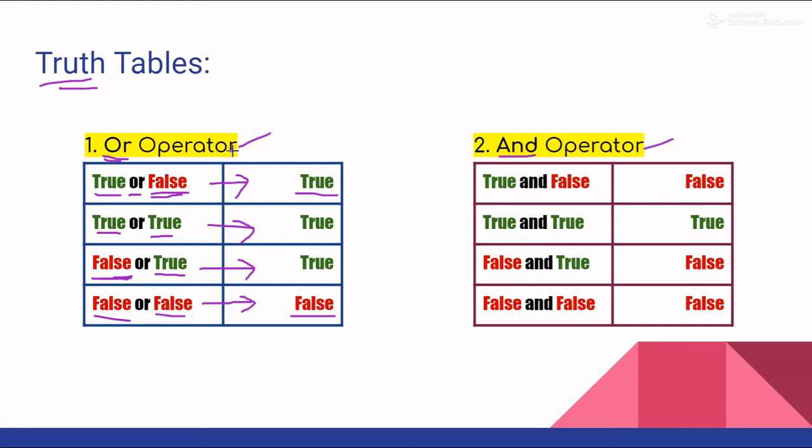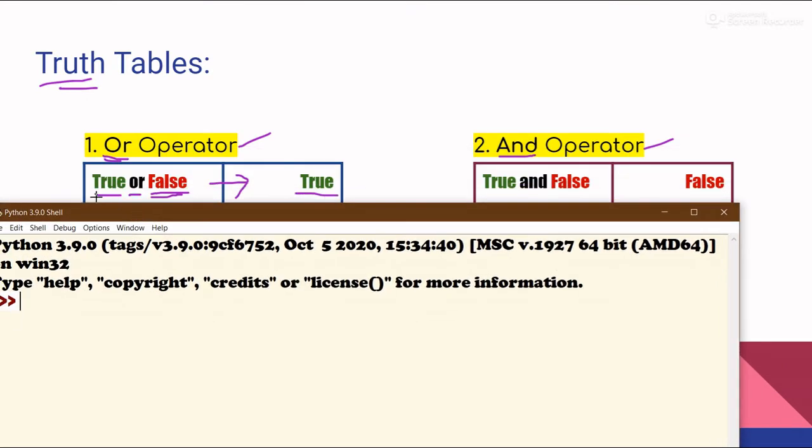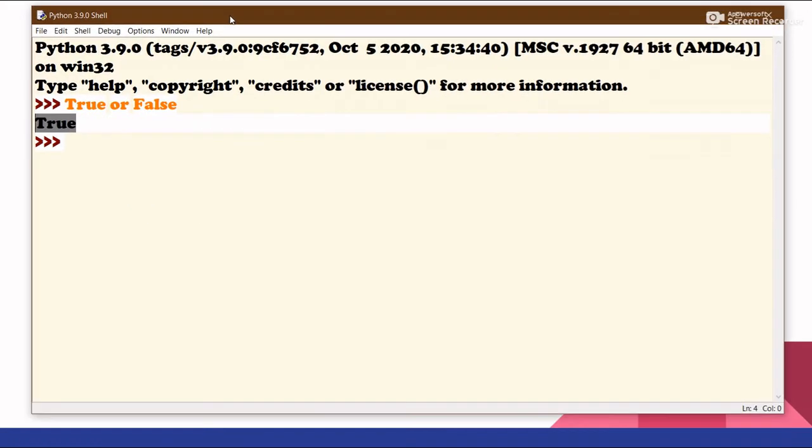This is OR. So now this might not be making sense, but let me just show you this on IDLE itself. So here we go, we have arrived in IDLE. Now let's try the first thing, that is true or false. We can actually use the print command to display it, as we know, but let's just not use it because we know that in interactive mode without even writing print it displays the thing. So we are going to see what will be the output of two truth values with the OR operator, right? Let's see. Yes, we got true as expected, right? True or false resulted in true.